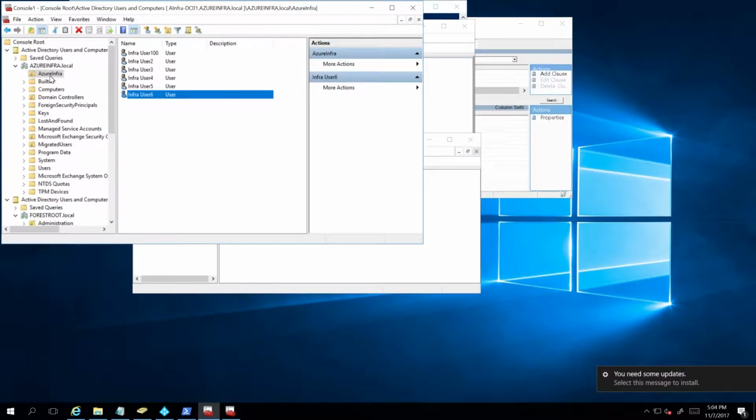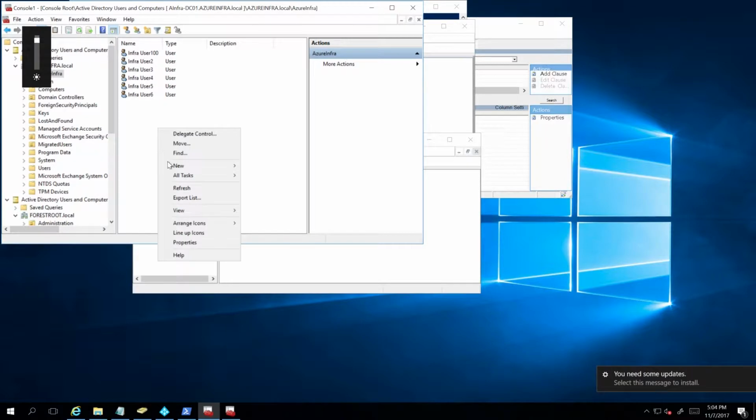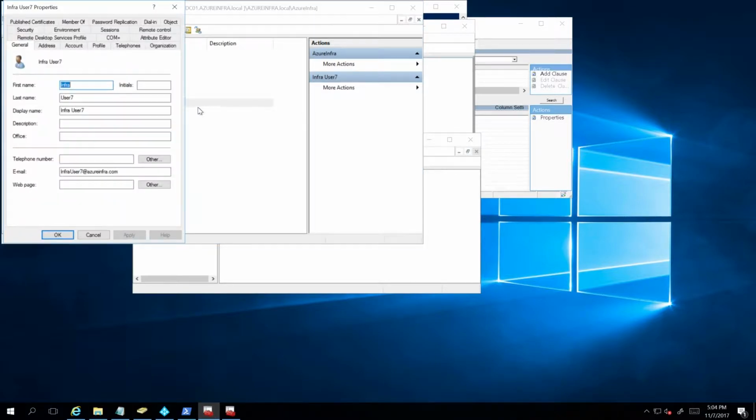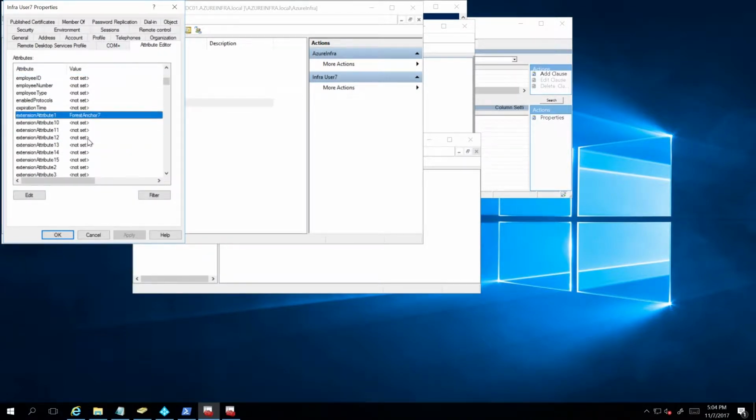If I open up AD Users and Computers, refresh, infra user number 7. The thing with infra user number 7 is, and that's why I created my script, this infra user number 7 actually has an extension attribute number 1 specified. Because remember, that is my